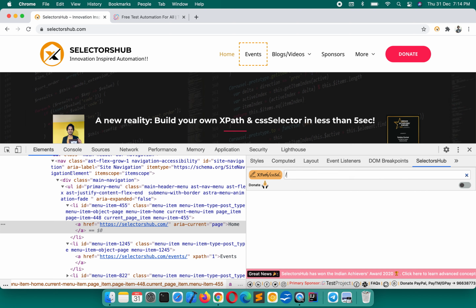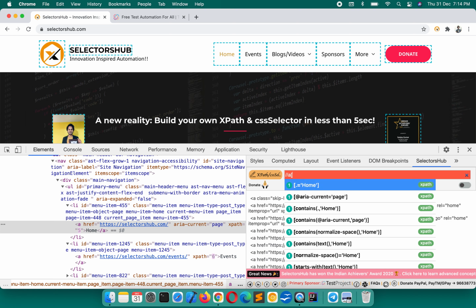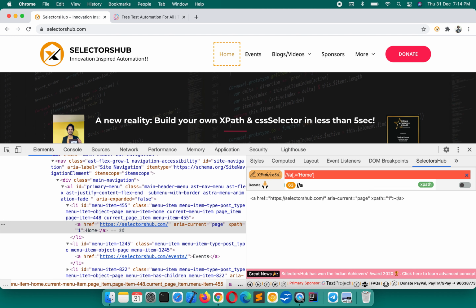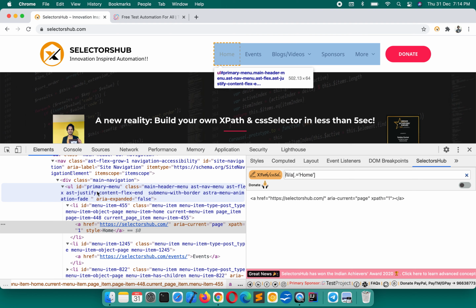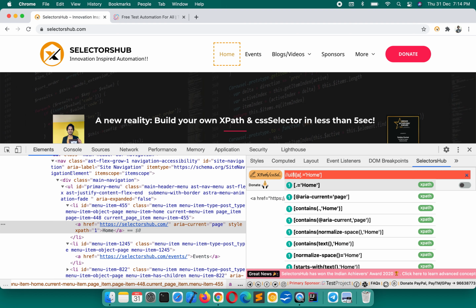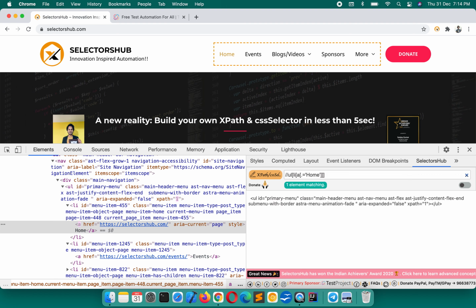Then we find the common parent. We have written the XPath for home, and the common parent is again this ul. First go back to this li, and here we only have to use a single forward slash to go back one by one, and then the ul. Now replace all the single forward slashes with square brackets and close them. We have written the common parent.